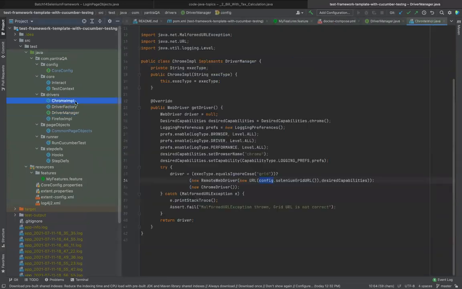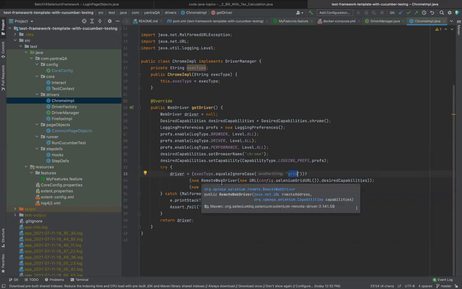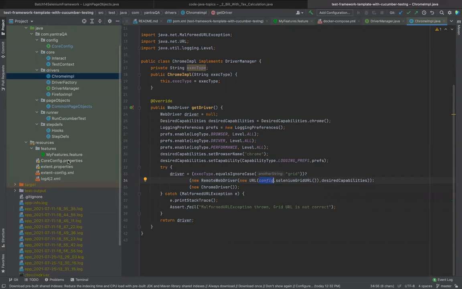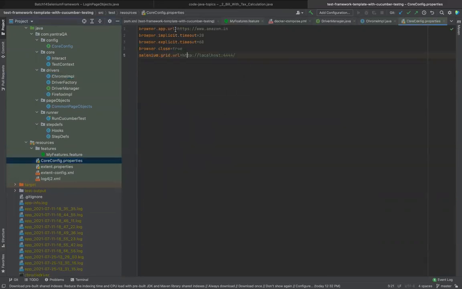So this is my framework basically, and here I have inside my driver manager, for example, in the case of Chrome, I am saying if I'm passing the grid execution type as grid, it will create the instance of remote web driver, and the URL I am passing here as config.selenium grid URL, and this grid URL I have configured in the core config.properties here. So basically I will be pointing my Selenium tests to this URL, localhost 4444, and I think in the previous